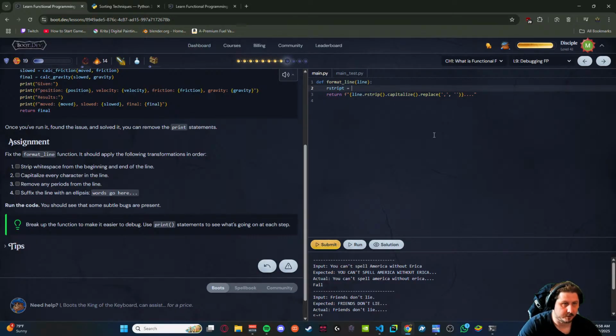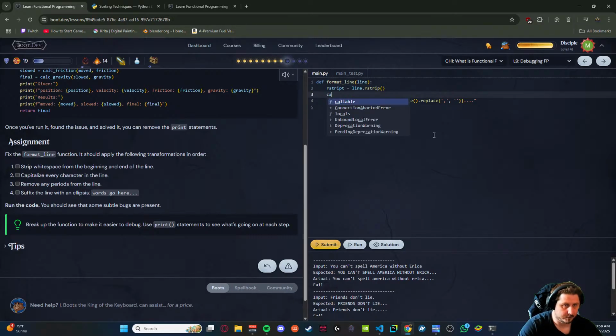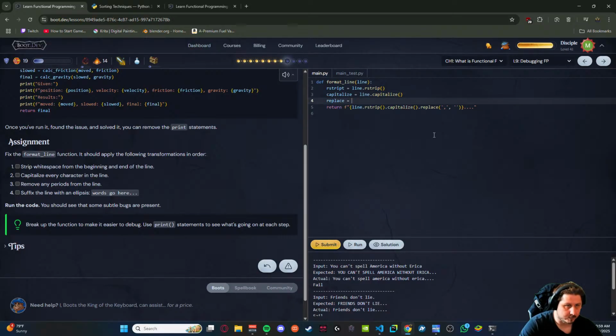R strip equals line dot R strip, capitalize equals line dot capitalize, replace equals line dot replace.